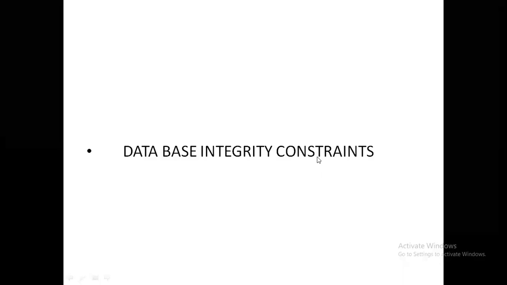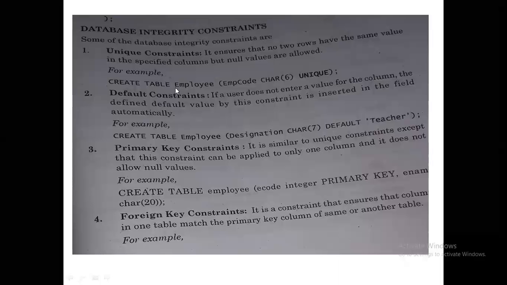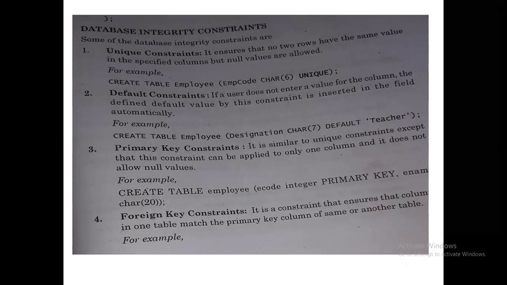Good evening, everyone. Today we'll discuss database integrity constraints. Some of the database integrity constraints are the unique constraint, default constraint, primary key constraint, foreign